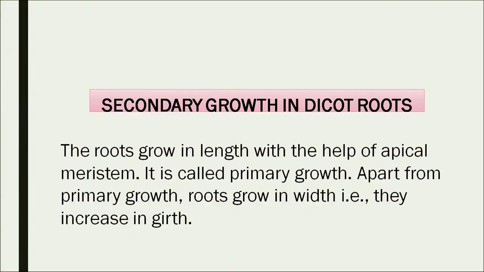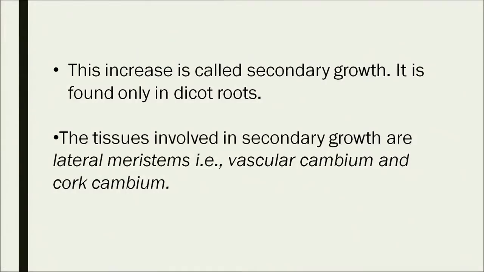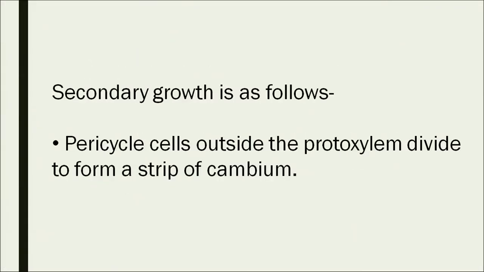It happens because of the secondary growth in the dicot roots. Roots grow in length with the help of apical meristem, which is called primary growth. Apart from the primary growth, the root grows in width, an increase in the girth. This increase is called secondary growth, and how it happens is